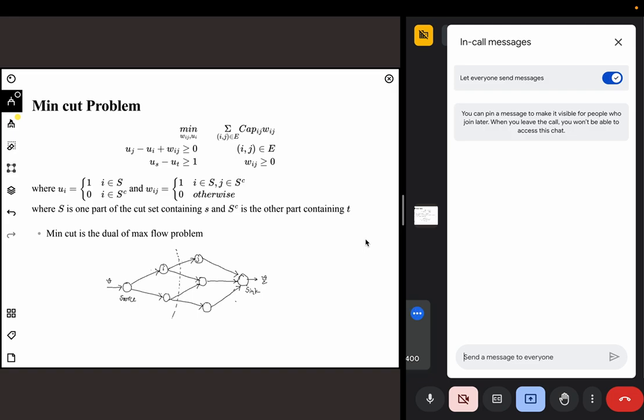Say I want to cut it something like this. And we try to determine whether the flow from source to sink is entirely cut down because of this or not. Essentially we try to cut it in different ways. You can cut it here, here, or here. These are different cuts, like C1, C2, C3. These are the different ways you can cut this particular network. So when we cut this network, we need to cut it in such a way that the flow happening at these cuts should be